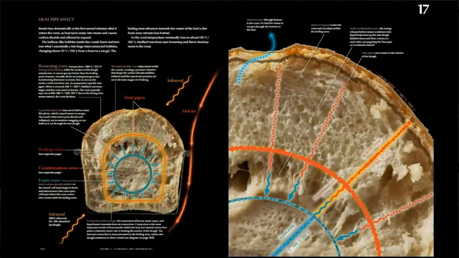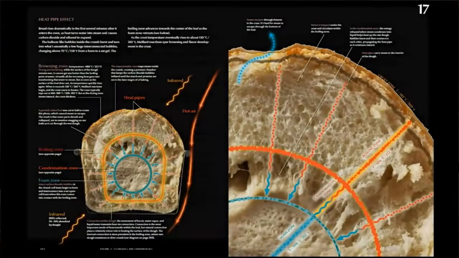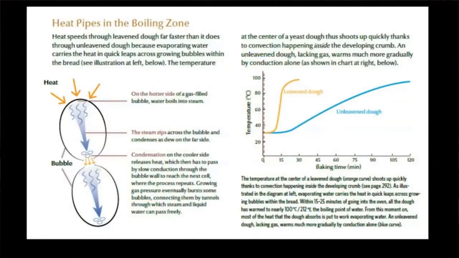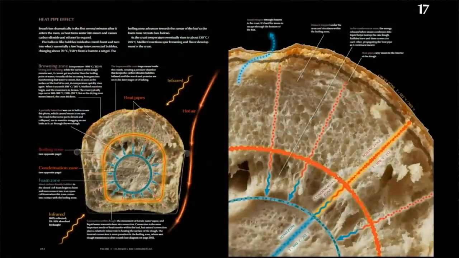So this is essentially, in the world of physics, what they call heat pipes. And I know that you guys just had lunch, and this might be a little bit dense, and some of you are sleeping already, so I'll try to not wake everybody up. But essentially the way it works is, when you inject steam into your oven,